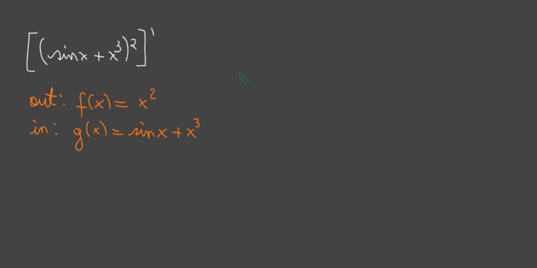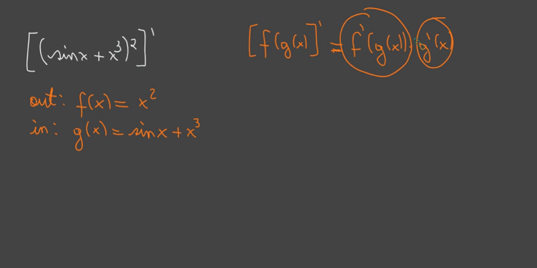let's remember what the chain rule tells us. The chain rule tells us that if you have f of g, the differentiation of this is the derivative of f computed in g times the derivative of g, the outermost times the innermost. Okay, so here you have to differentiate this f,